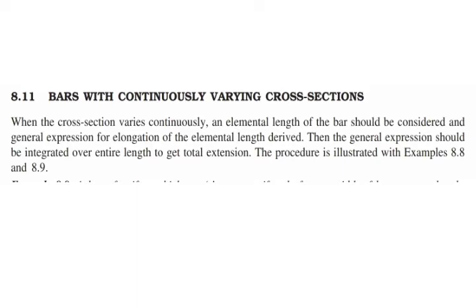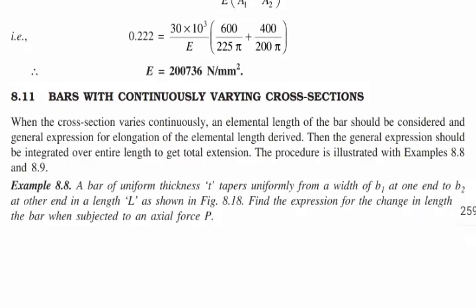Now this is true for the sections that we are considering, that is a basic prismatic bar, which we can say is used for a simple tension test. But in practical applications we may not have bars of a uniform cross section. So we have to study the different defects that are there in the manufacturing process, which will be required according to the selection of the bar for a particular application.